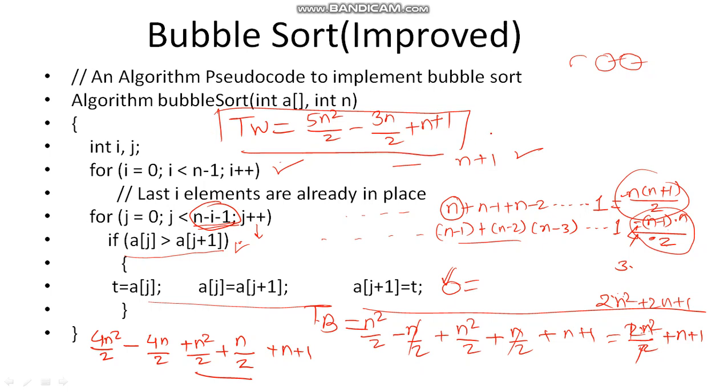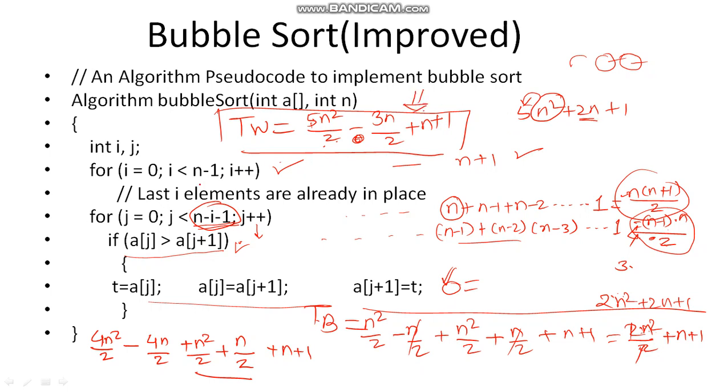In the worst case also, my previous equation was 5n square plus 2n plus 1. So the maximum growing function is n square and its multiplication factor was 5. Now it is 5 by 2, and again we are subtracting something out of it. Here we are only adding to this. So this is a better function.